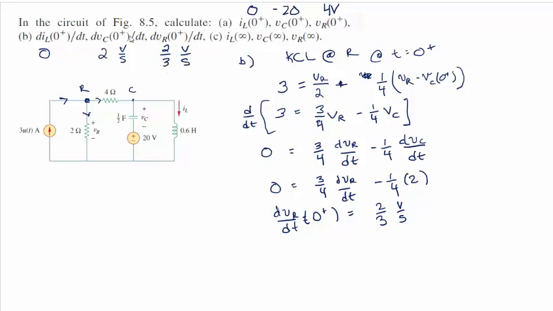These dVs, dTs, with V in the numerator and T in the denominator, will always be in volts per second. So now we found that one. Now we just have part C to do. What happens at time equals infinity? Time equals infinity means that this is an open circuit now, and this is a short circuit, and you redraw the circuit that way.